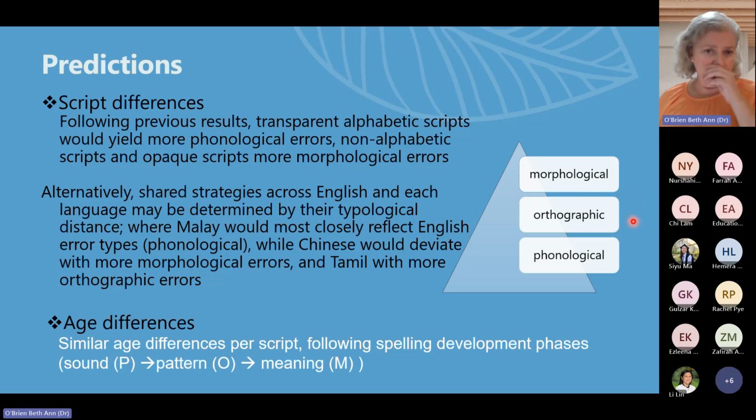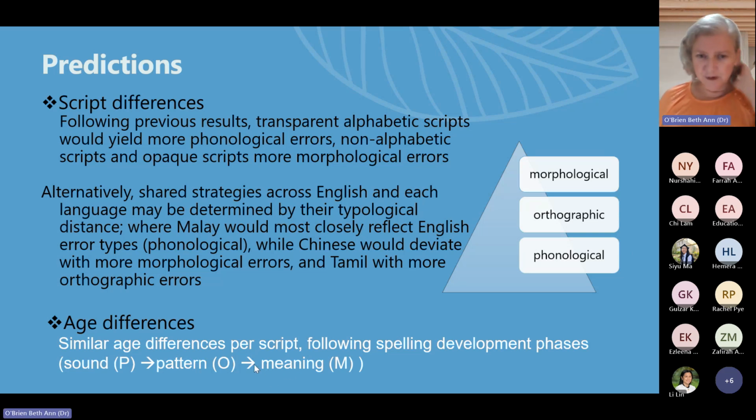And then finally, when they get into the third phase, they would more directly understand the morphological structure of words and how that affects spelling. So that was another question that we wanted to ask with this group: first of all, do children in the different age groups have different error patterns based on what this developmental sequence is expected to show?